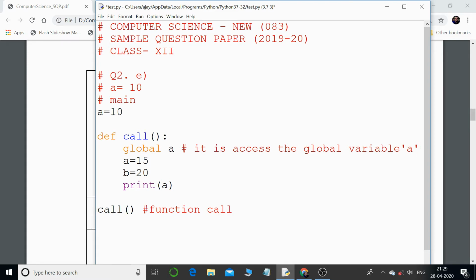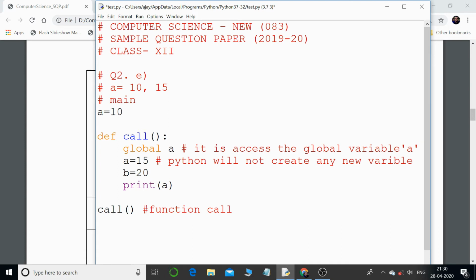And then when I say a is equal to 15, over here Python will not create any new variable, understand it. It will make use of the global variable, that is this particular a. And when I say a is equal to 15, the value of this variable will get changed to 15, because I've used the keyword global, so it will access the global variable a.